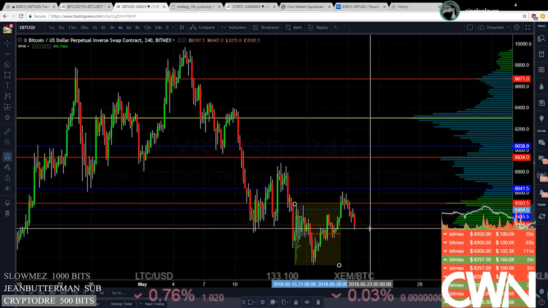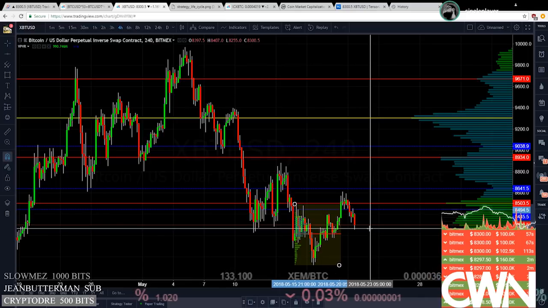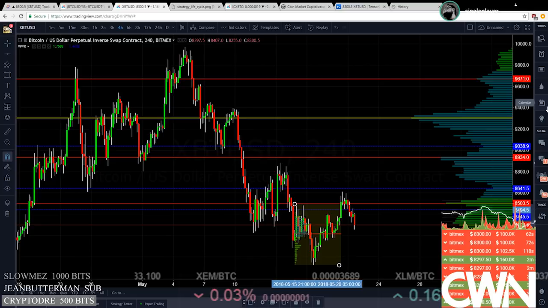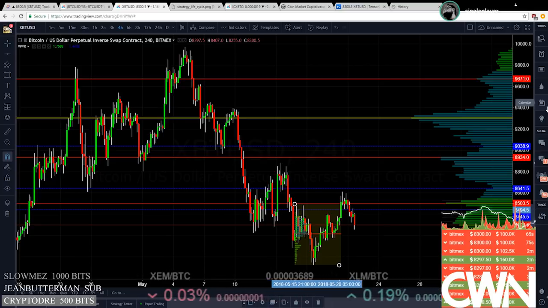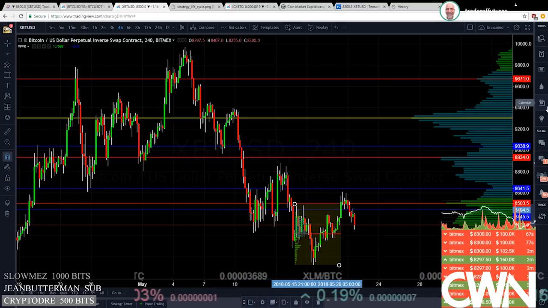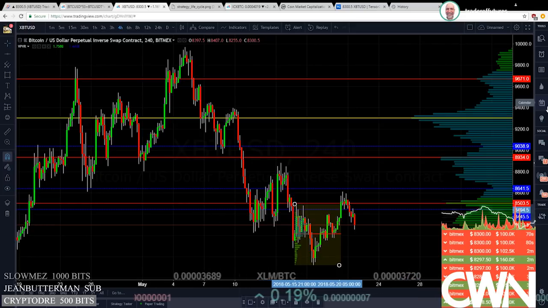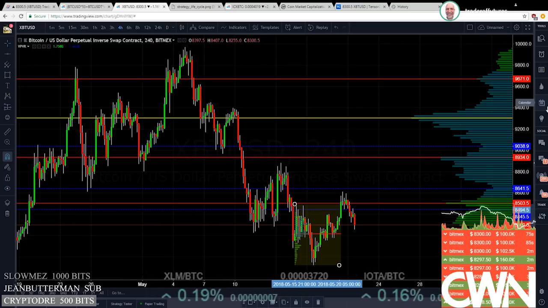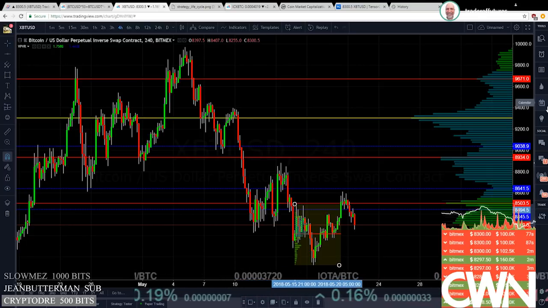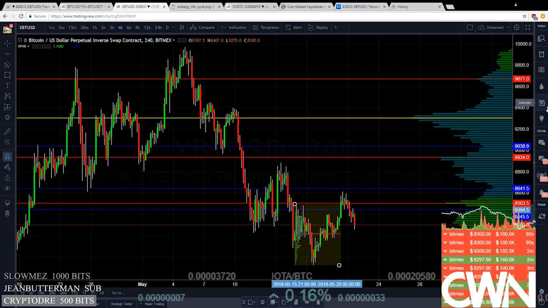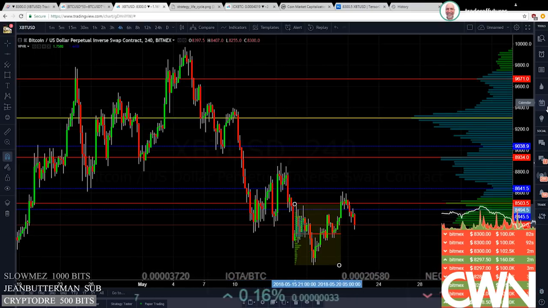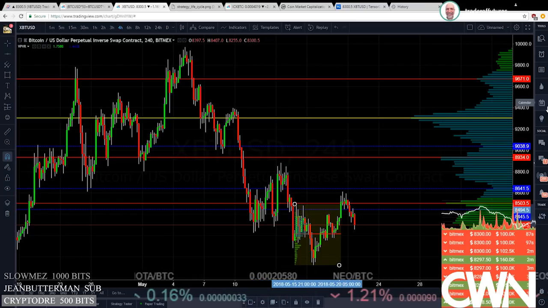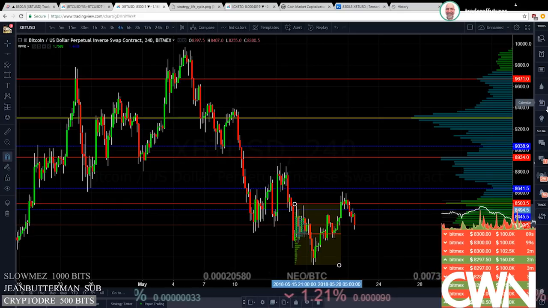Crypto Tech Junkies is asking, is the VPVR POC viable for bounces, or do you target the bottom of the value area? I think you touched on that. Obviously extremes are the best place to use for entries. POCs are good for targets. Going from extreme to extreme is probably a good place to take another target. Often it will go through that extreme and then go down below that and create another balance. And if it does that, that would be another good target.